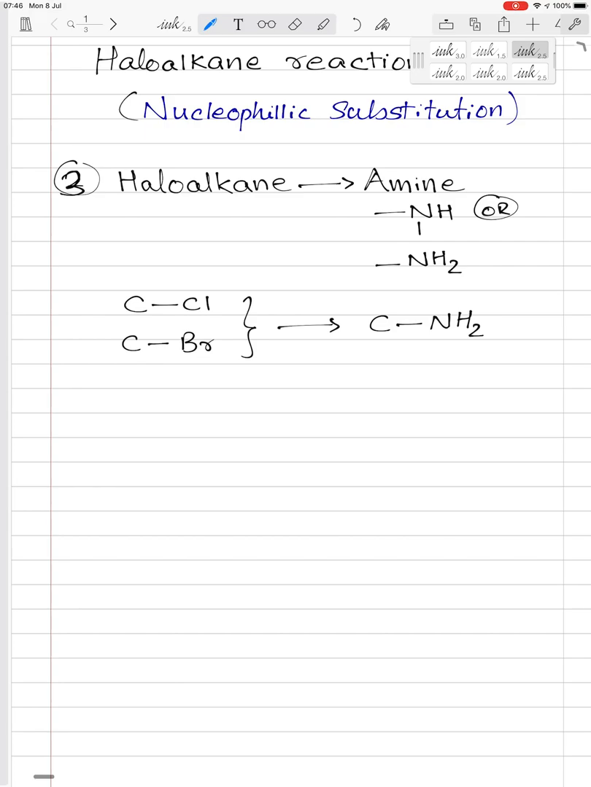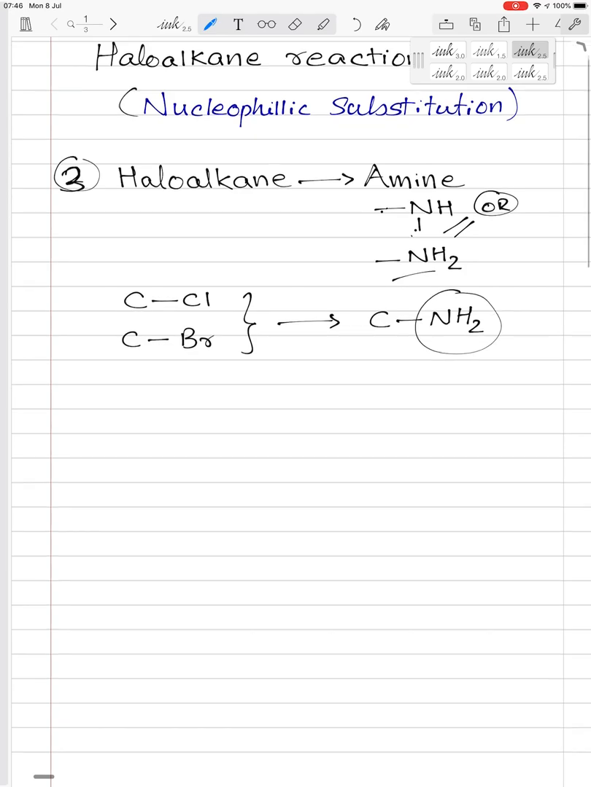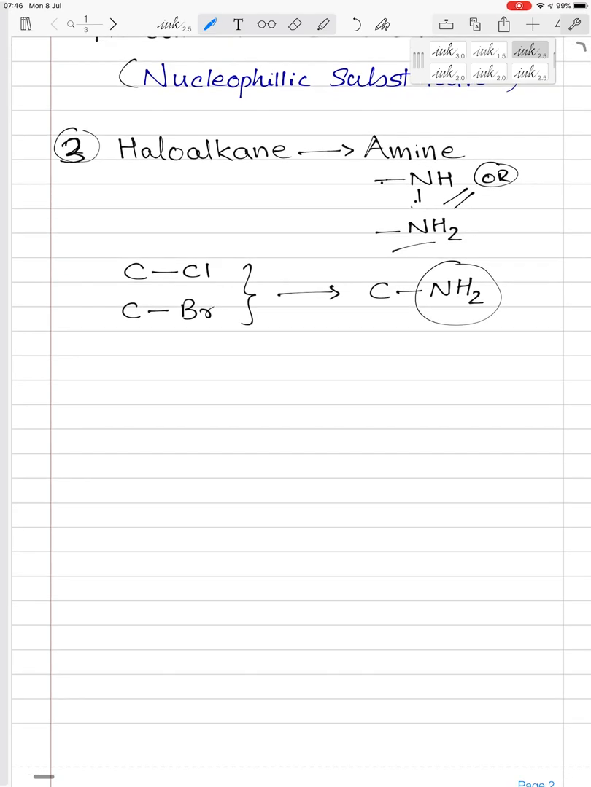So here this is the amine group. The amine group can be NH2 or it can be NH, where there are two carbons attached to the nitrogen. Now I have got this C-Cl or Br and I have got this NH2. What type of compound or what type of reagent can give the nitrogen and hydrogen? Think about it. Yes, you are right. So here the reagent that you need